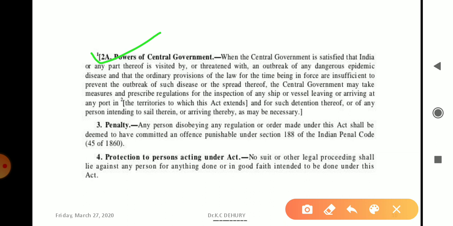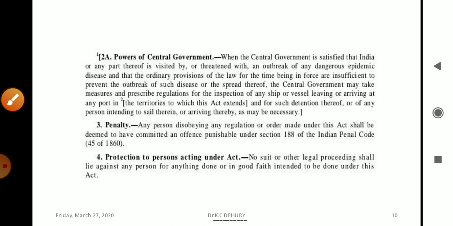When the central government is satisfied that India or any part thereof is visited by or threatened with an outbreak of any dangerous epidemic disease, and that the ordinary provisions of the law for the time being in force are insufficient to prevent the outbreak, like malaria, like your common cold,